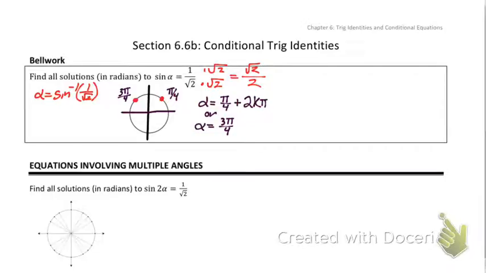All right, same thing for the other one. I'm going to go around, so it's going to be the same thing. It's just going to be plus 2 pi times k, or 2k pi, whatever order you want to put that in. Now I just have to put it in set builder notation. Set builder notation I can use with alpha too. So I'm going to say it's alpha such that alpha equals pi over 4 plus 2k pi,